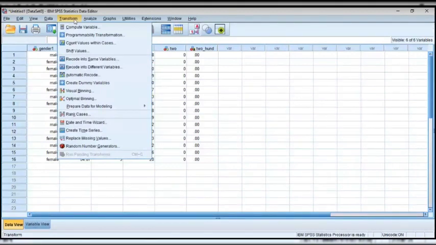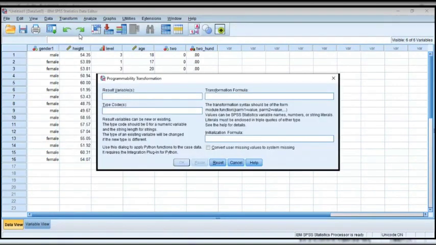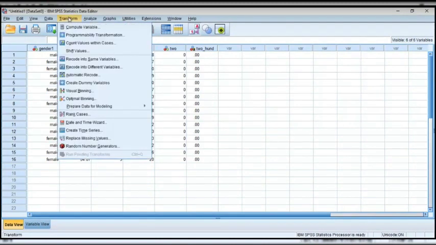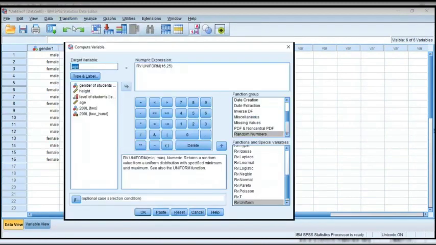Now, at times we may need to take the logarithm of the data. We may need to compute the logarithm of the data.